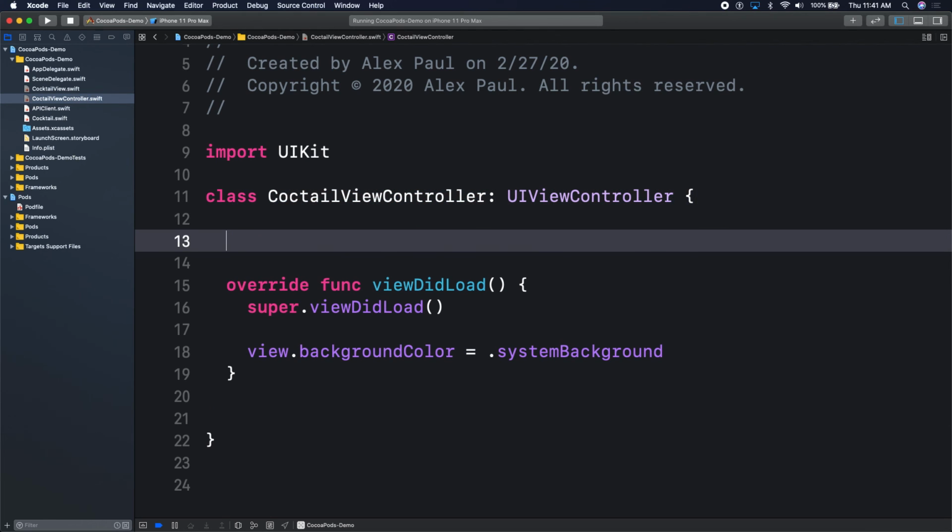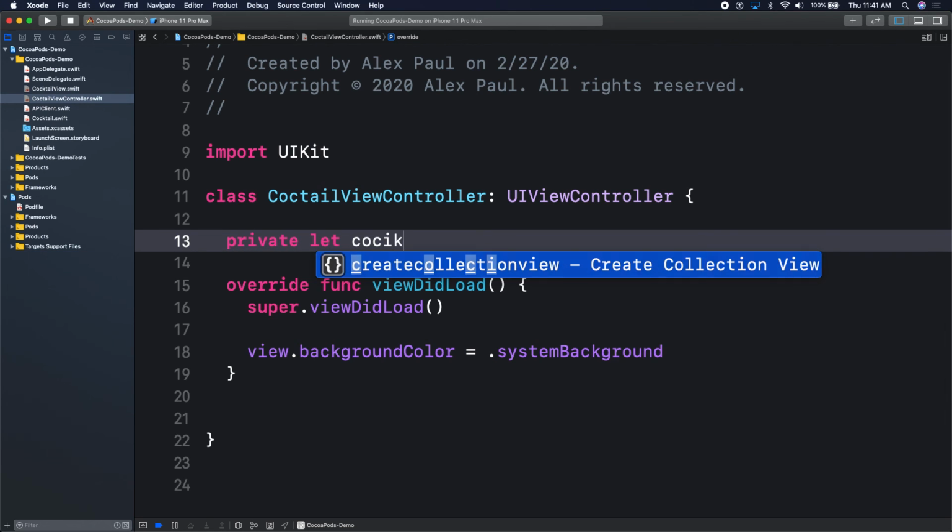Sorry, just going back to the constraint thing. In the shorter version, I just want to see if the insets, yeah, it says you can do edges. Is that all of them? Yes. So instead of a top, bottom, you could just do edges. Okay. Yeah, exactly. So here, let's do private let cocktail